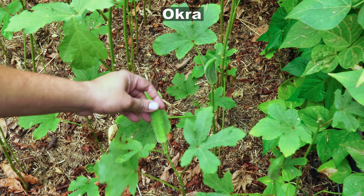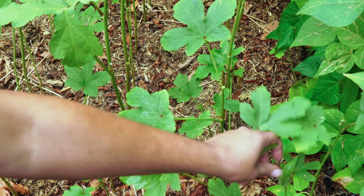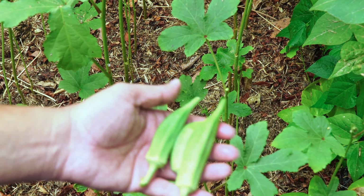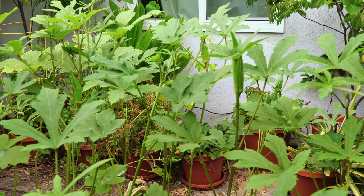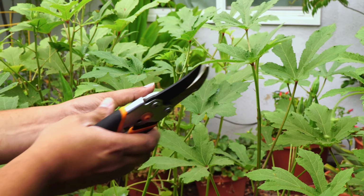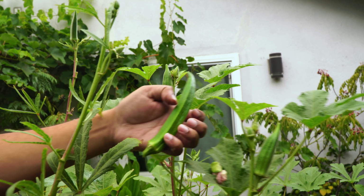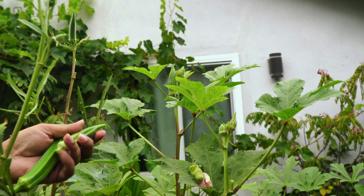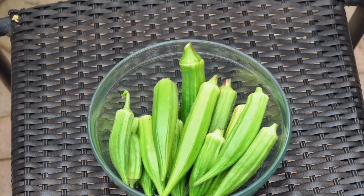Okra. We harvested a lot of okra from our okra plants in the raised bed. And since it was October and it was beginning to cool down, we added some mulch on the bed. And as you can see here, beautiful looking okra. We were growing a lot of okra varieties. And as you can see here, this month was a month where we got a lot of okras. Now the production has definitely slowed down, and this will probably be the last month for our okras. But overall, I was pretty happy with the way the okra grew, and we were able to harvest a lot